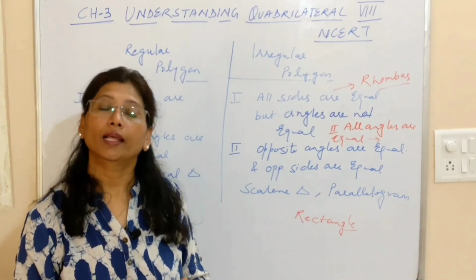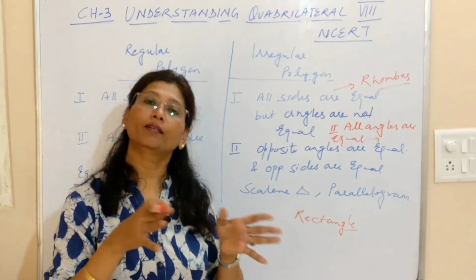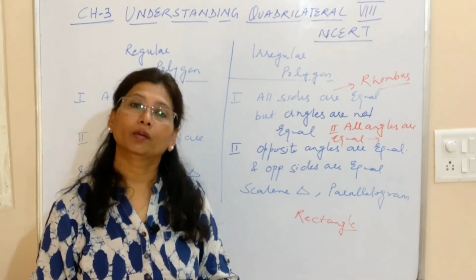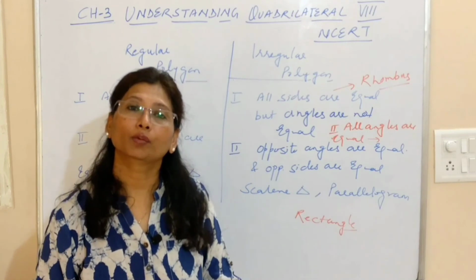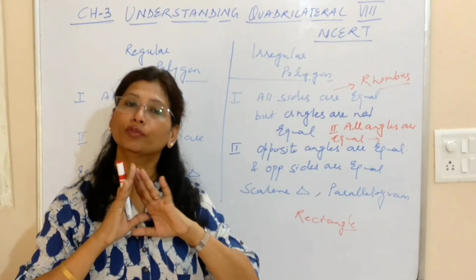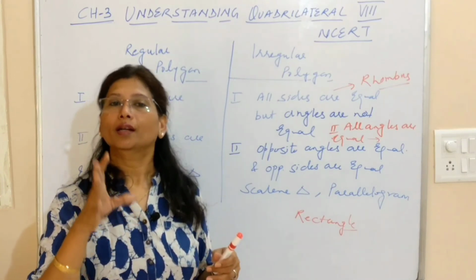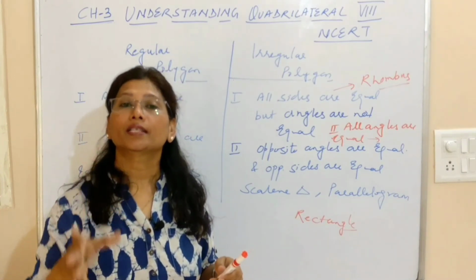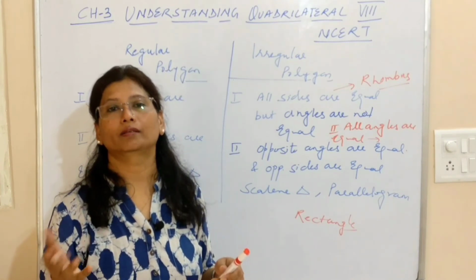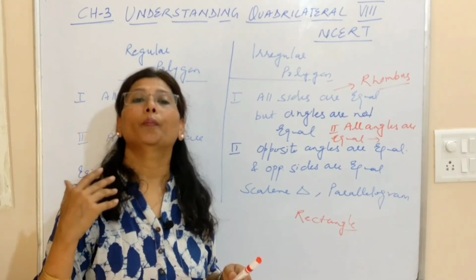One important thing I would like to tell you: suppose you ask, what about 5 sides? There is a name for a 4-sided regular polygon, it's a square. But what will be the name of a 5-sided polygon, or a 6-sided polygon? We don't need to cram anything, we don't need to worry about that, because if you have a hexagon, and all its sides are equal and all angles are equal, that will be a regular hexagon. The other will be a regular pentagon.